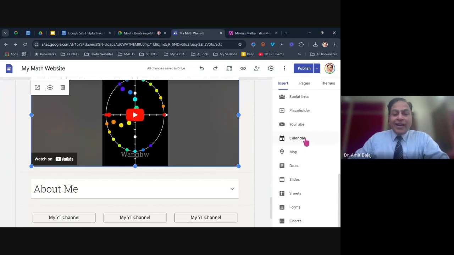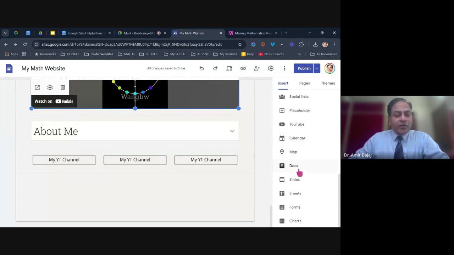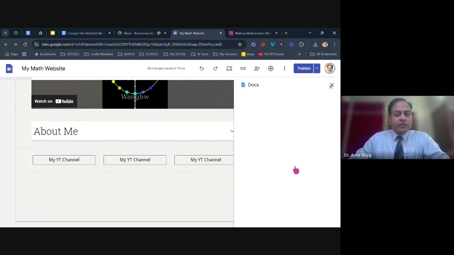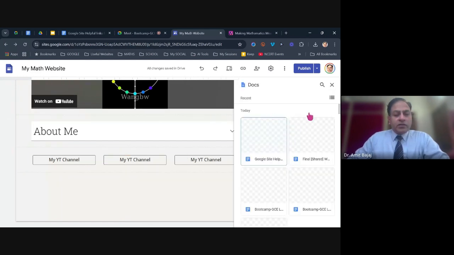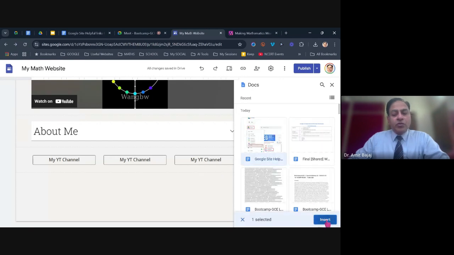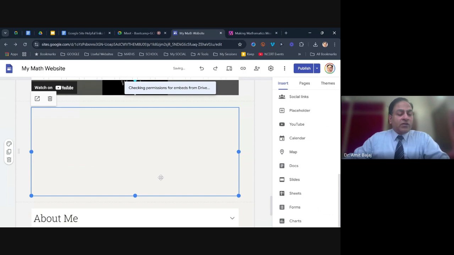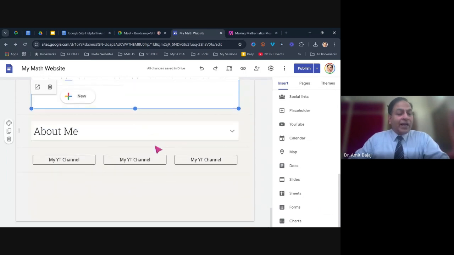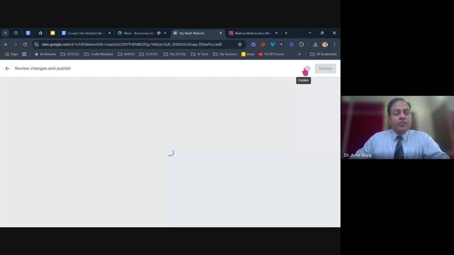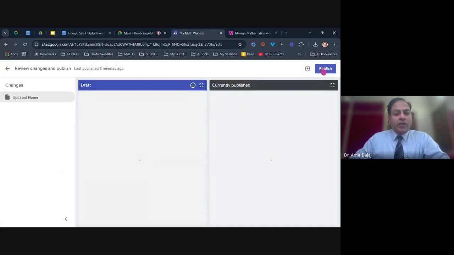You have the option of adding the calendar also, the map, docs, sheets, slides. You can always explore. That's very simple and basic. So the basic idea is when I click on, say, docs, in my drive, whichever docs are available, I can simply choose that and click on insert. So that doc will get added. But remember, it is not visible to anyone unless I click on publish. So once I publish this website,